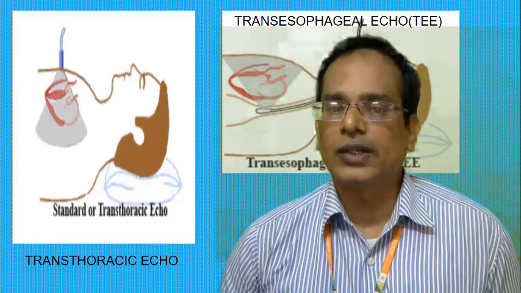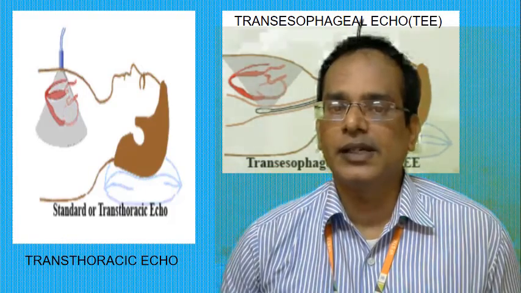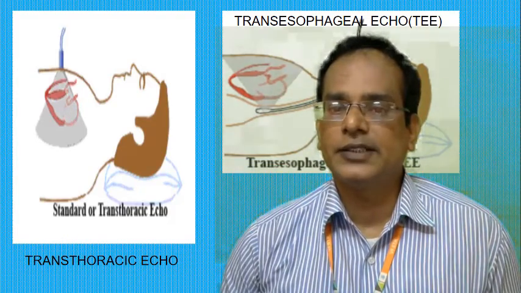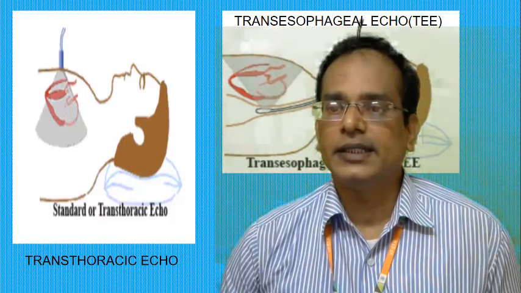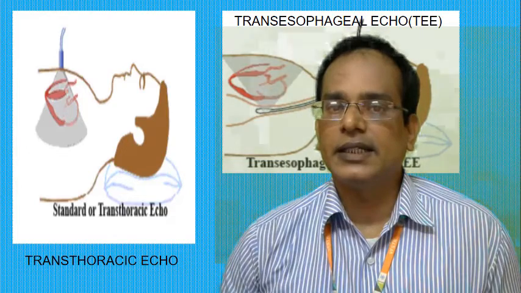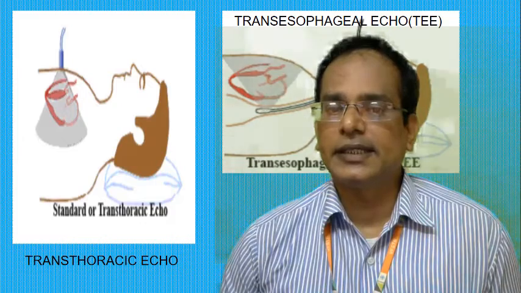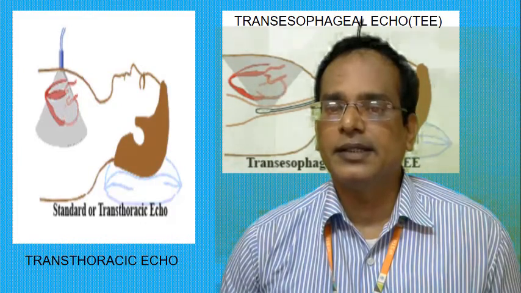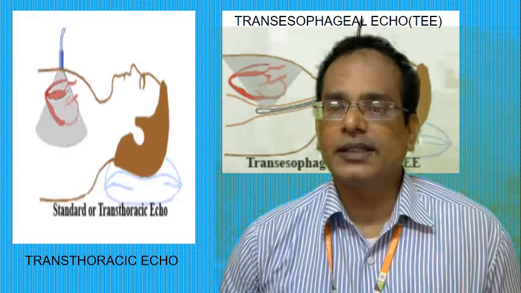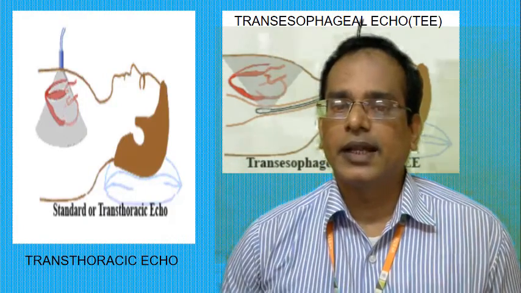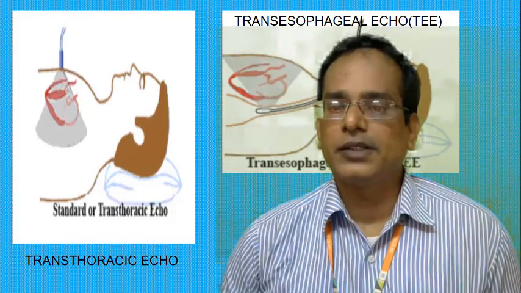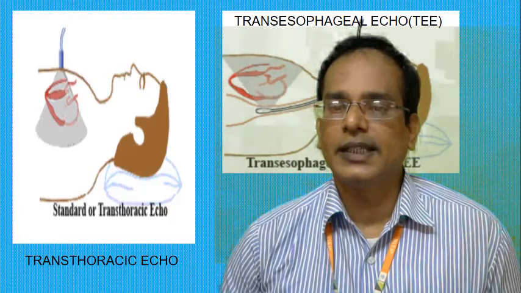So that is an indicator of ejection fraction, which can be viewed with the help of a transthoracic echocardiogram. Next we will see the transesophageal echocardiogram, that is called TEE. So TTE is a transthoracic echocardiogram, TEE is a transesophageal echocardiogram. Here TEE uses a specialized probe containing an ultrasonic transducer at the tip, which is passed into the patient's esophagus. You are seeing it in the diagram.